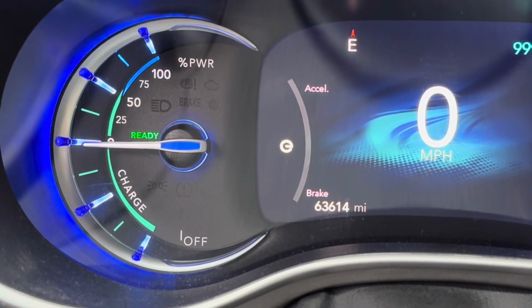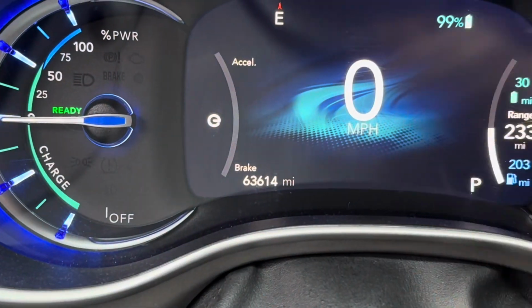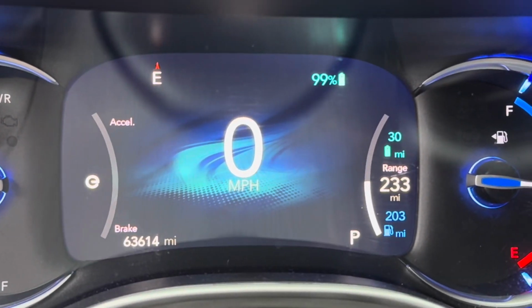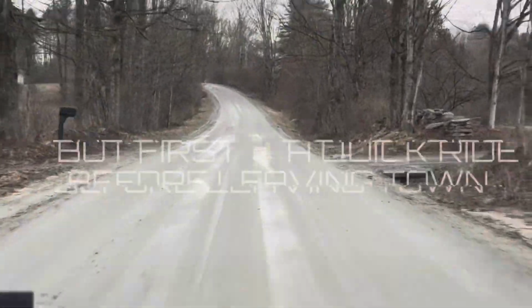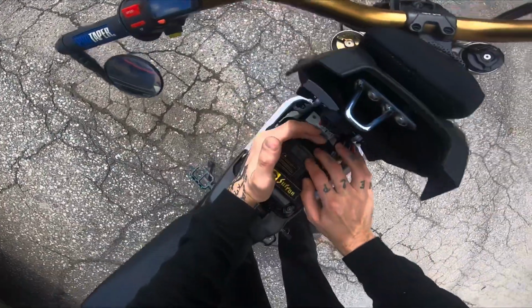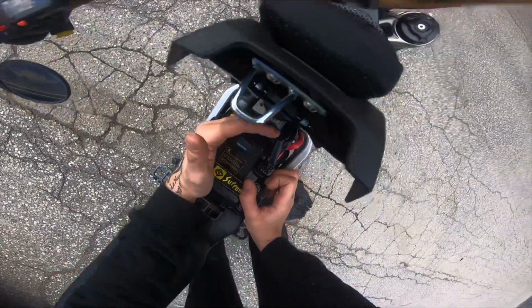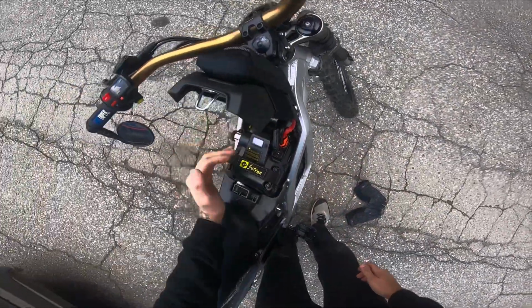I see this over here. You're either using the power or charging the battery, one or the other. Let's see how we do. We got some mileage between here and there. We out there. So let's see, starting this with 74%. I know that never shows on the camera, but